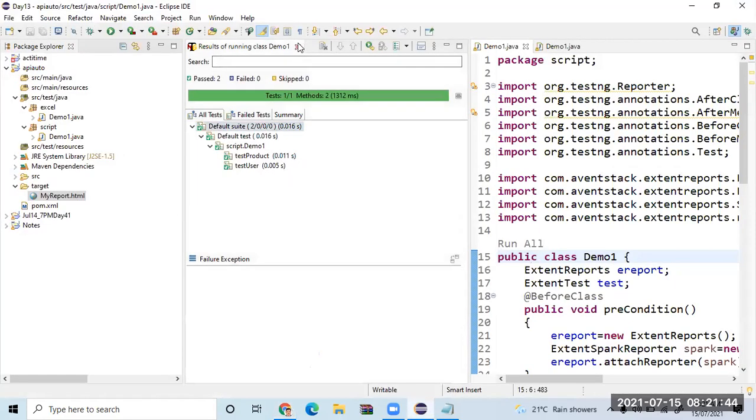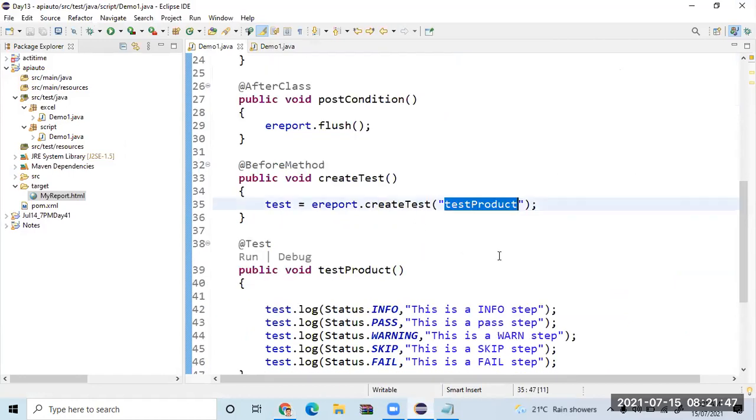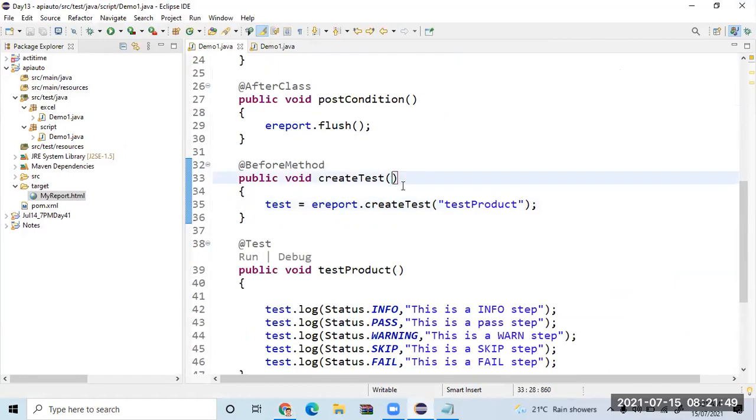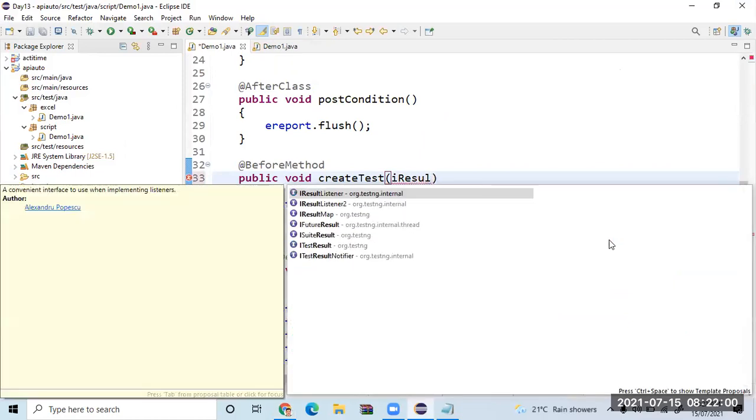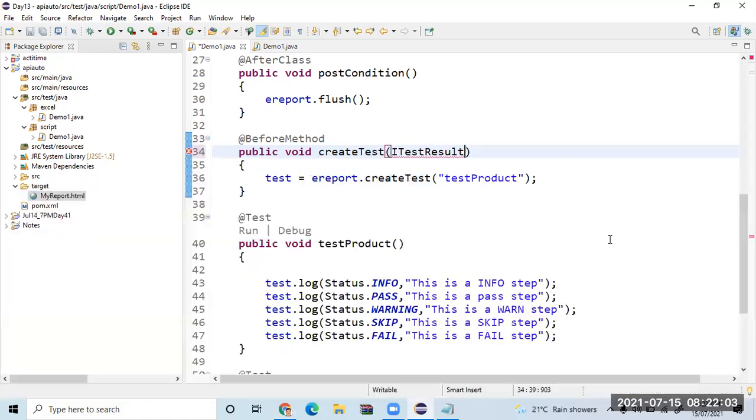Let us see why. We hard coded it, sir. Can you see that we have hard coded? Yes, sir. I want to make it dynamic. How do I do that? If you look at TestNG, here we can accept an argument, ITestResult. This is an object you can receive. How do I know? I should have referred to the TestNG documentation. So here, in this example, this is the test object, right? I'll just give it a result. Hold on a second.